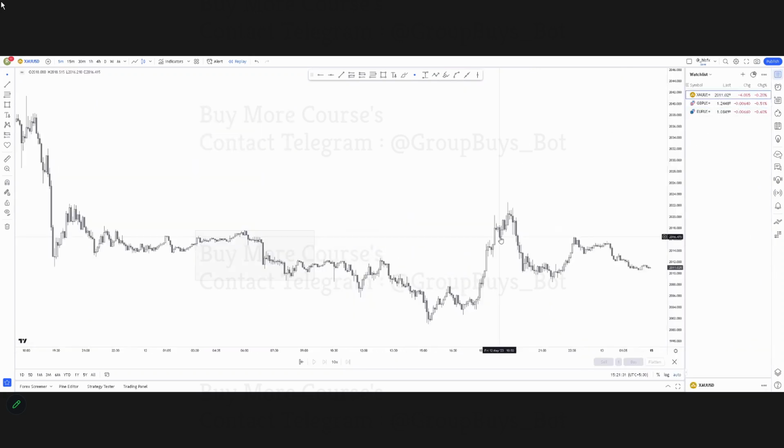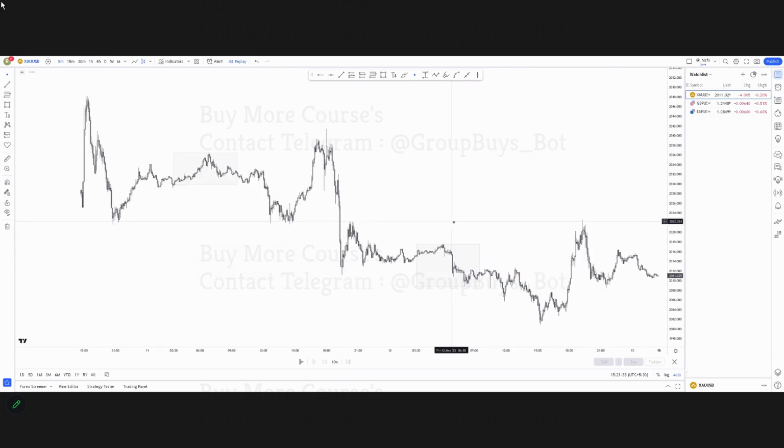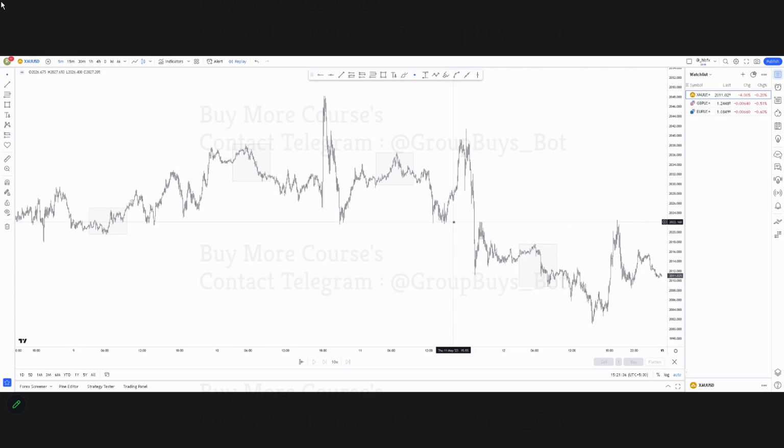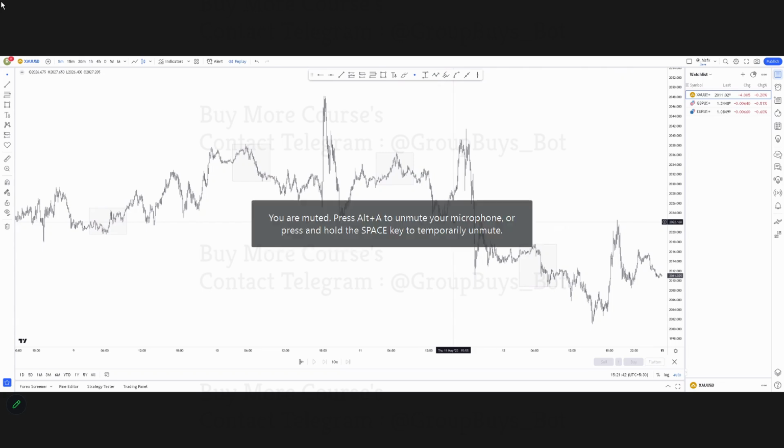Why gold? Why not Forex? In gold, we don't have any time restrictions. We don't need to wait for the London kill zone, the New York kill zone, and all these stuffs. Keep this in mind. You don't have to take any notes. Just keep this in mind. And the second thing is